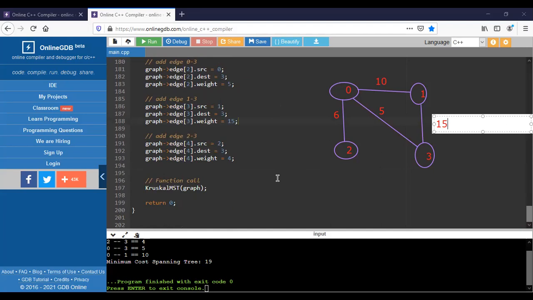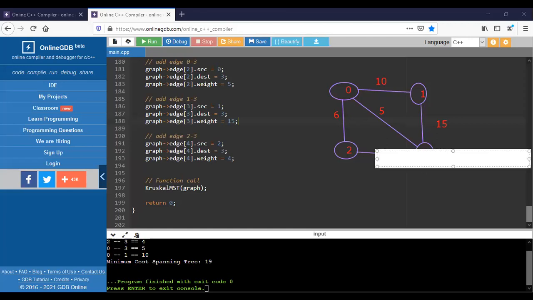And then we are adding the edge 2 to 3, which has the weight 4. Okay. So that is the final one.